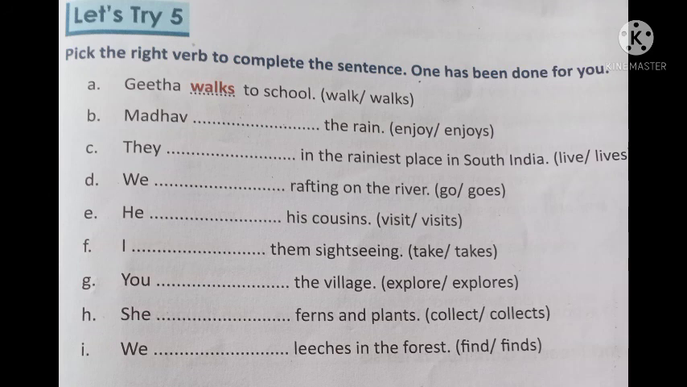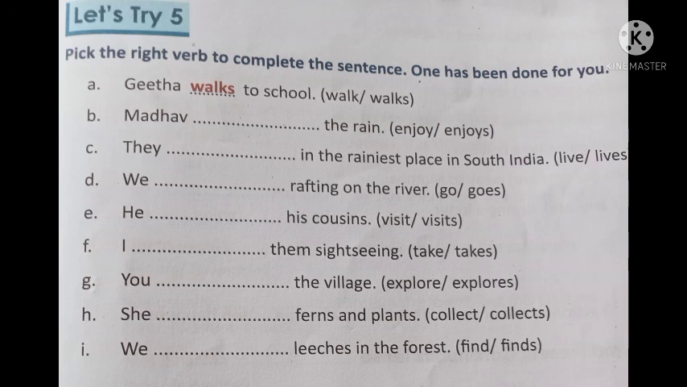Okay, the next one is Madhav. So recognize the subject. Madhav is one, means singular. Madhav is singular subject. That's why we will use enjoys, the s form of enjoy. Okay, इसमें s लगा हुआ है, enjoys. Clear to all? The next one is they dash in the rainiest place